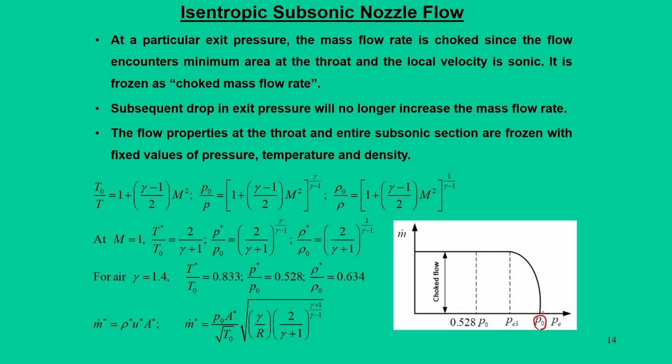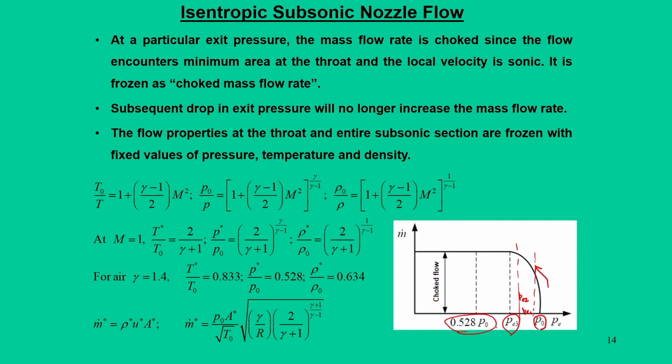Slowly, when you reduce this pressure, to maybe Pe1, another value maybe Pe2, the mass flow rate continuously increases in this fashion, up to one particular value Pe3, and that Pe3 is nothing but